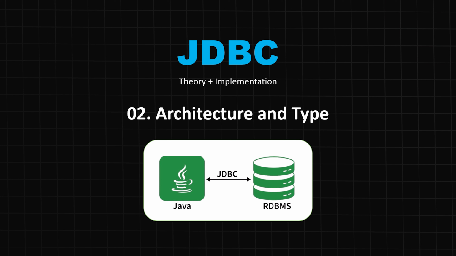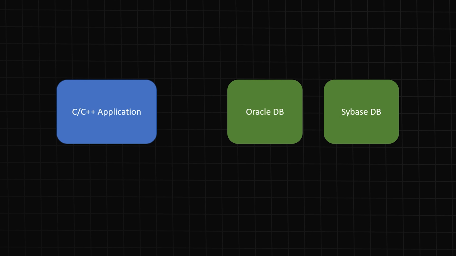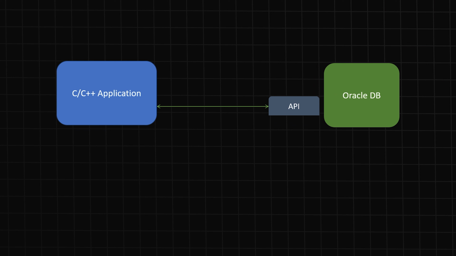Let's see a glimpse of the world before Java. That is the time before Java became popular. At that time, all the applications were written in C and C++. Databases like Oracle, DB2, Sybase already existed, and every database had its own API. Now let's see how these applications communicate with the databases, right? Let's assume our application is communicating with the Oracle database with the help of its particular API. Now we have to write all the API code in the application.